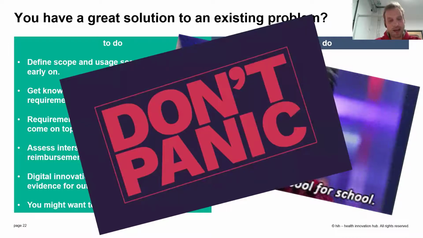But at the very end, the most important thing is, like I told you about these pathways now, and about some of the requirements there, and it sounds very complicated. The German healthcare system is very complicated, but it's also a very interesting market, and the patients here are also quite interested in getting new technologies into their hands. So you should aim for that, and you shouldn't panic just because there are these different pathways and everything. So don't be afraid to just give it a try.